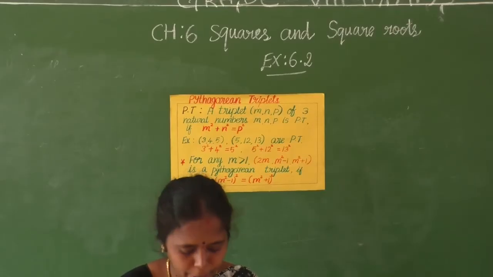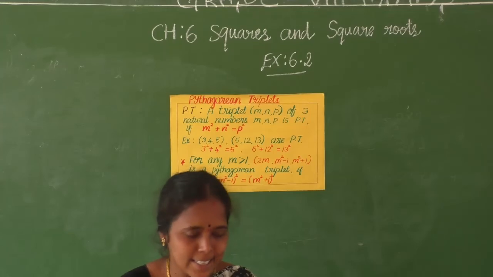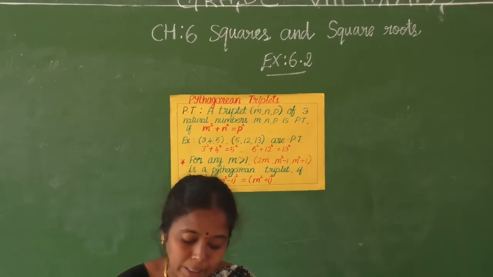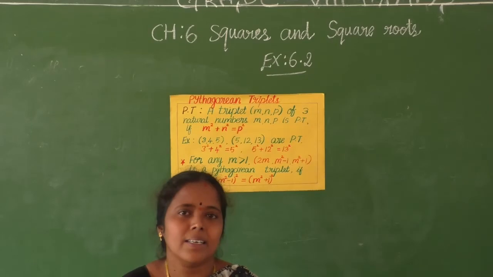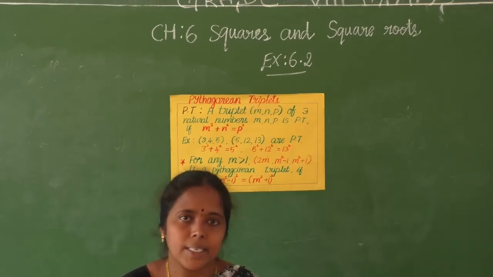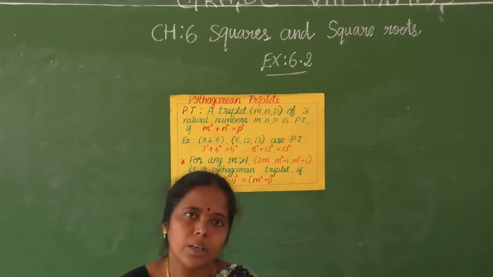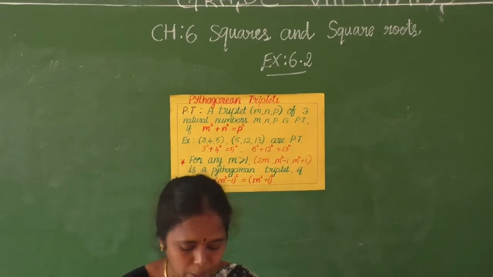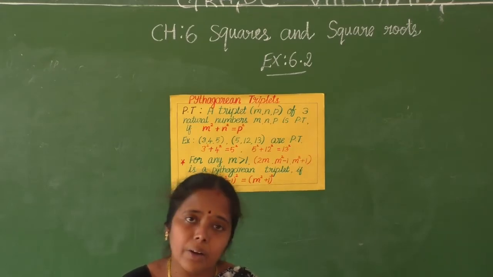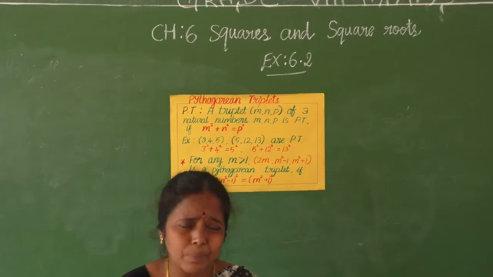Next section we are going to see, that is a very interesting one. What is that? Pythagorean triplet. What is it? Pythagorean triplet. Triplet, you have heard the word already. Triplet is nothing but three numbers, three things like that. Double, twins, two things. Triple, for 3 numbers only we will say that. So based on that only the word Pythagorean triplet came. Okay, what is a Pythagorean triplet?